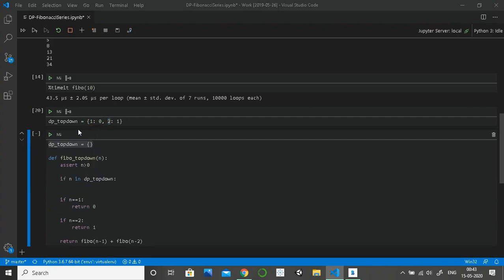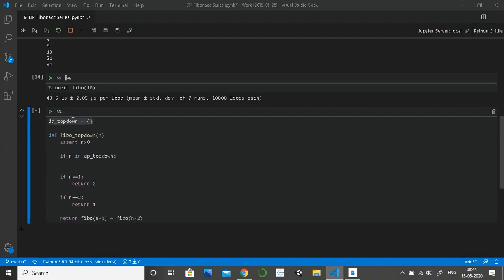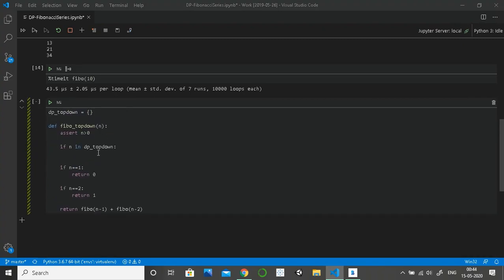Okay, so I'm going to clear this up. Now we are done. So if n is found there, we will simply return the value of n.